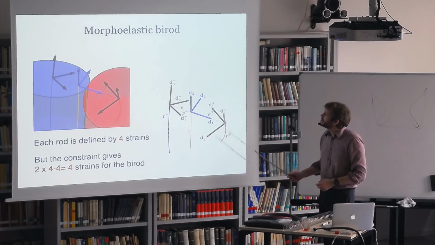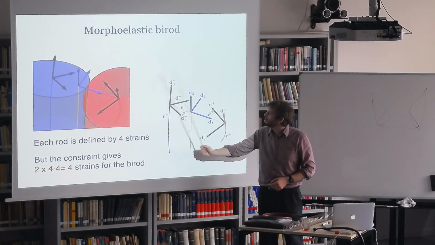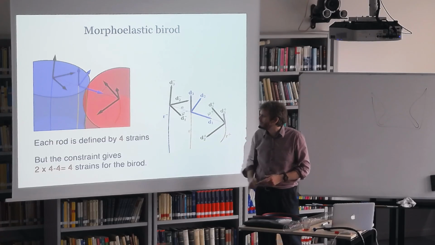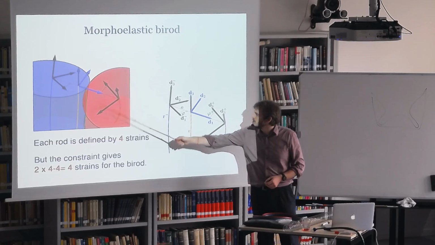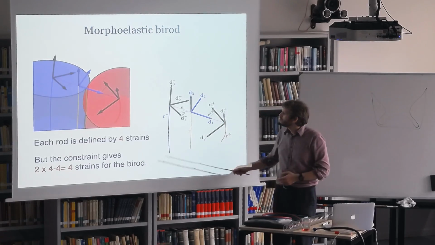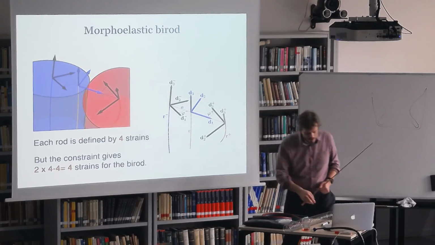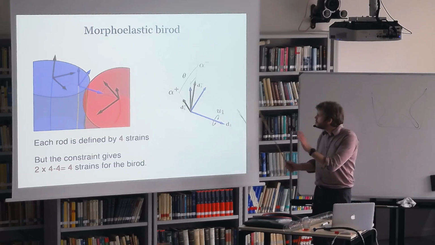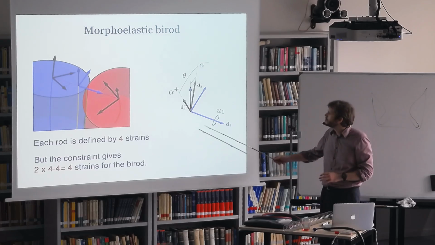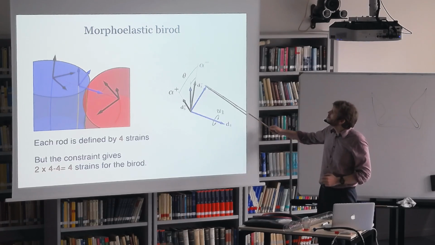So if you do that, you have 4 strains in each, because we assume they can be extensible. They're each unshearable, but they may be extensible. You have 4 strains for each rod, but there are constraints because you want them to be attached. And so essentially you get to 4 strains for the whole theory. And the model reduces, and I'm going very fast here, I don't expect that's enough to understand the details, but the result is that